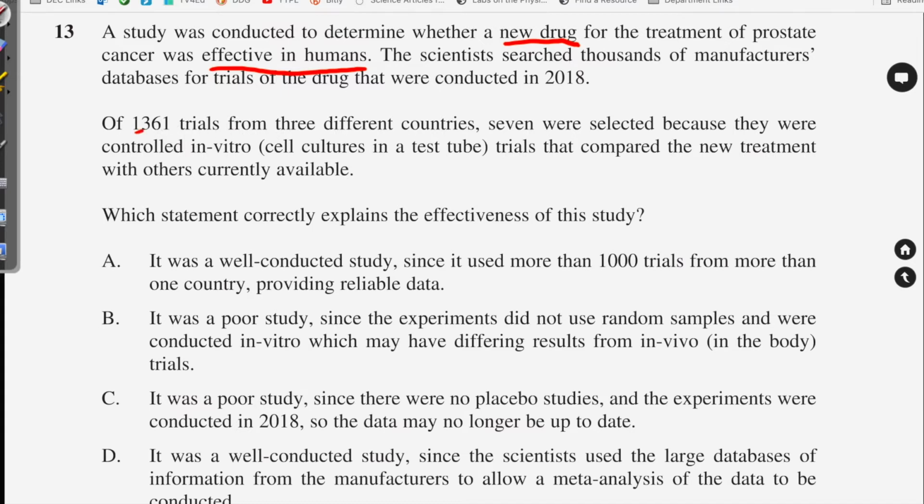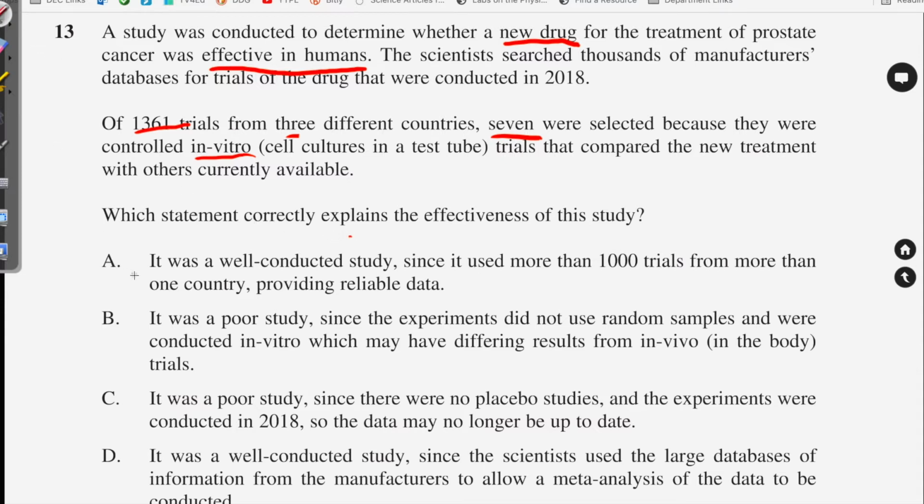So there were 1,361 trials, from 3 different countries, 7 were because they were cell cultures, in vitro cell cultures in a test tube, and they were comparing it to treatments currently available. And so what we're going to do here is try and relate the effectiveness of the study. And so when we have a look here,